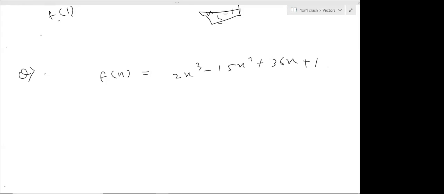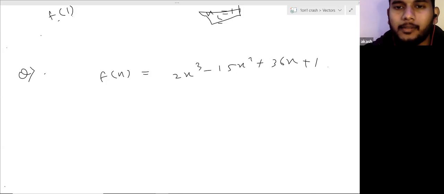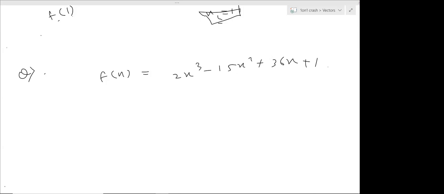Point of minima is from 2 to 3. Sorry, Firaz. The point of minima is between 2 and